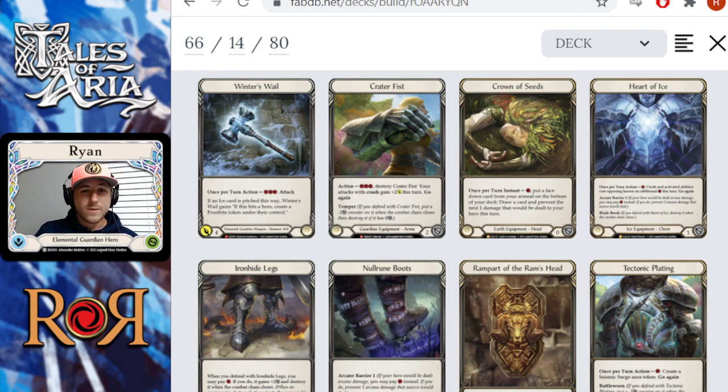It grinds out your opponent. Swinging this every turn or every other turn, depending on what your hero's doing, is a very effective way to start whittling down their life and also mess with what they're trying to do, because that Frostbite is relevant. I'm going to go to Crater Fist because